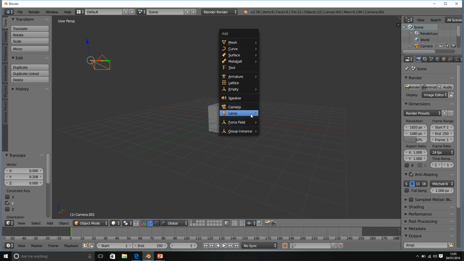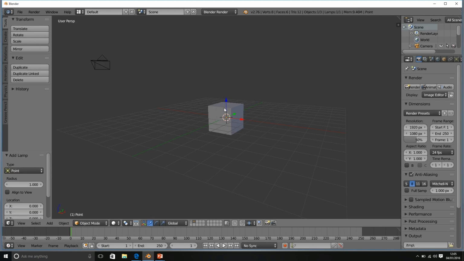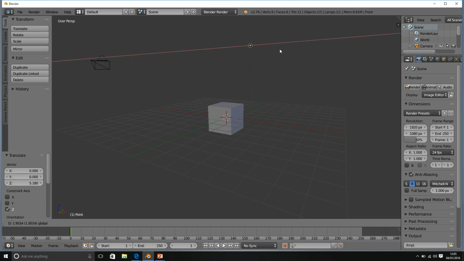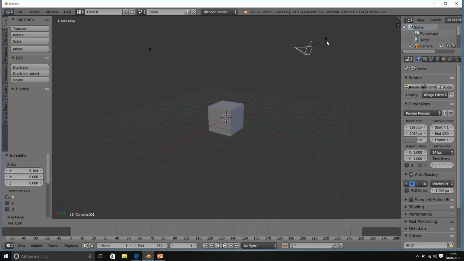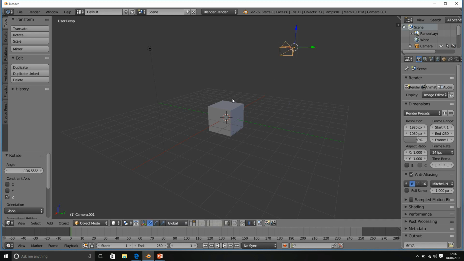Shift A, we'll add our lamp. And there we go, we've got a second scene. We're just going to rotate that one because I'm not happy with it facing that direction. Excellent, there we go. So that's our scene on layer 2,